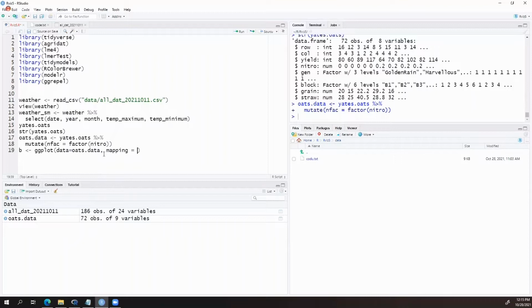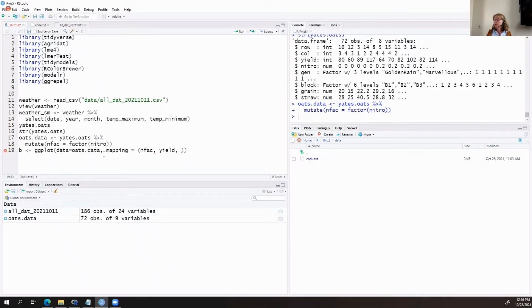By mapping, what we mean is that we are going to tell ggplot what variables we want to actually create on our plot. So we're going to use NFAC for X, that's our X variable, and then we want yield for our Y variable.